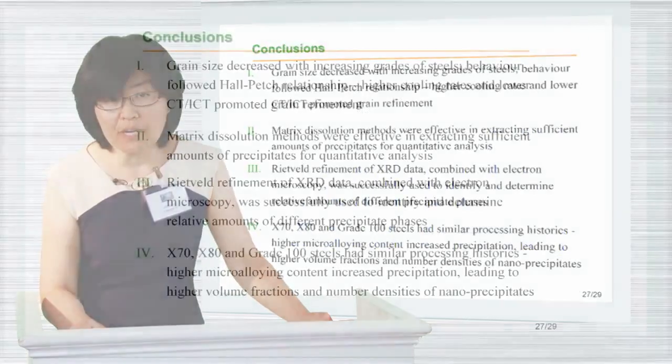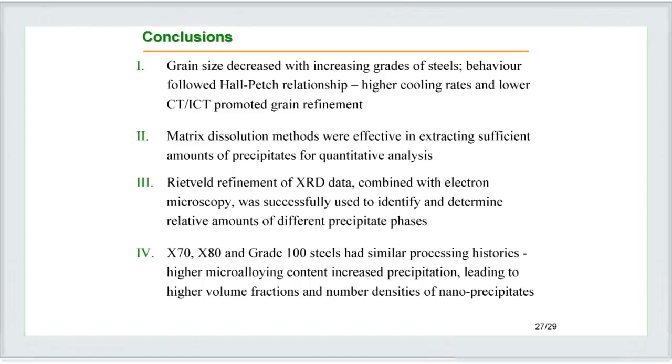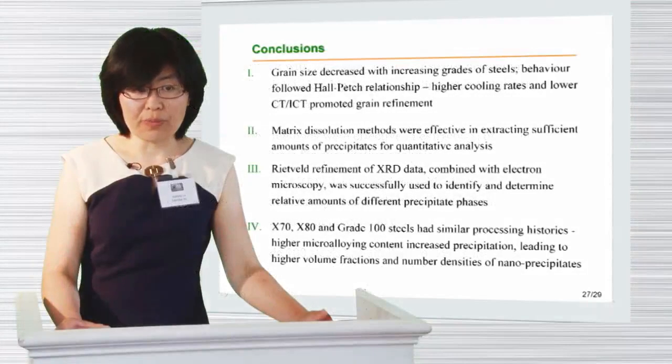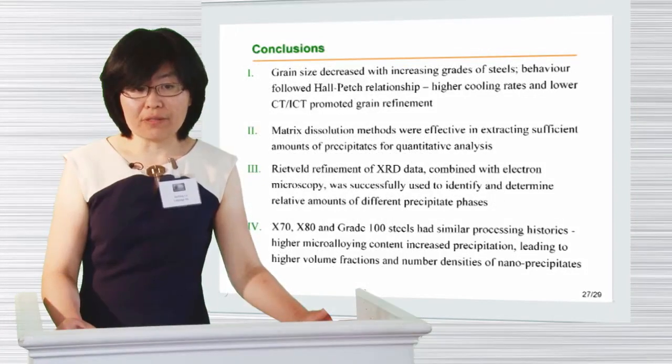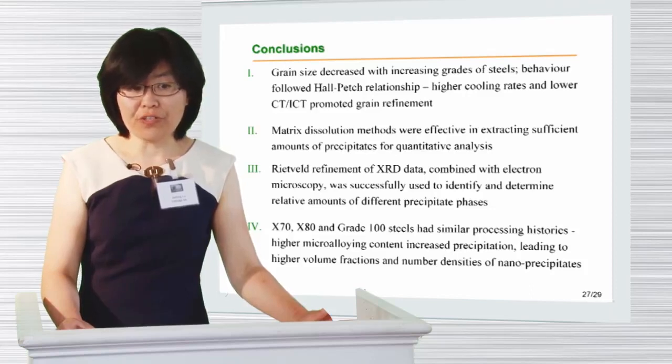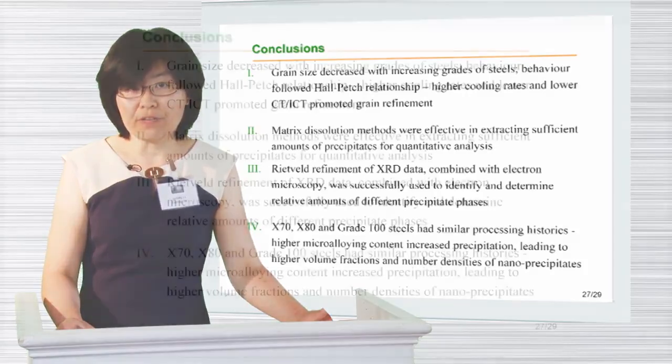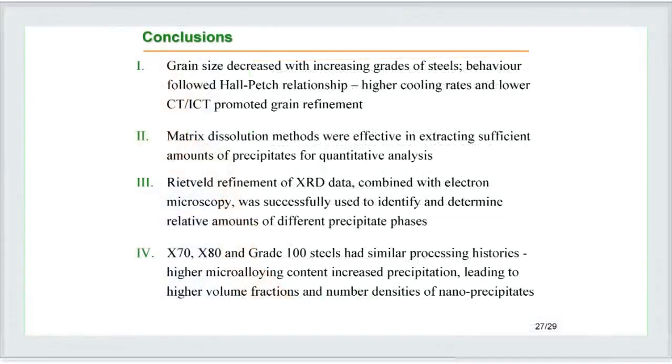Okay, based on the above results and research work, we can get the following conclusions. First, grain size decreases with increasing grades of the steels. The behavior followed the Hall-Petch equation. With higher cooling rates and lower cooling temperature or interrupted cooling temperature, it will promote grain refinement. Matrix dissolution methods are effective in extracting sufficient precipitates for quantitative analysis. Rietveld refinement of XRD data combined with electron microscopy was successful to identify and determine the relative amounts of